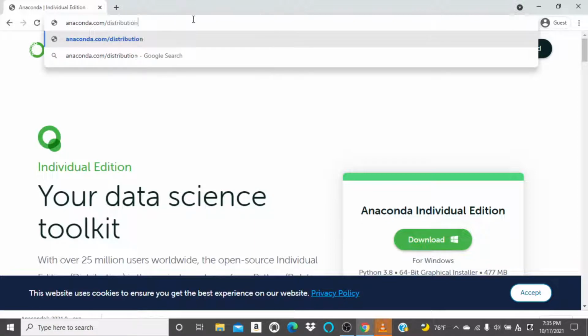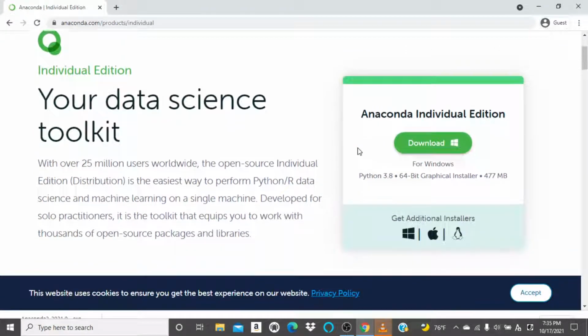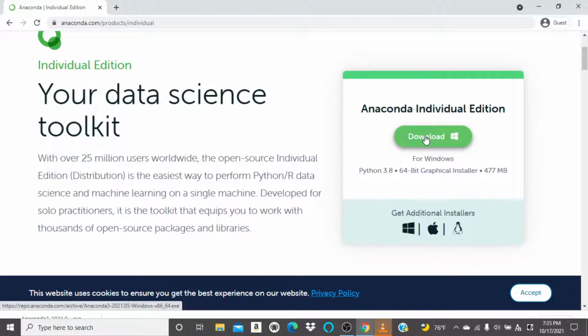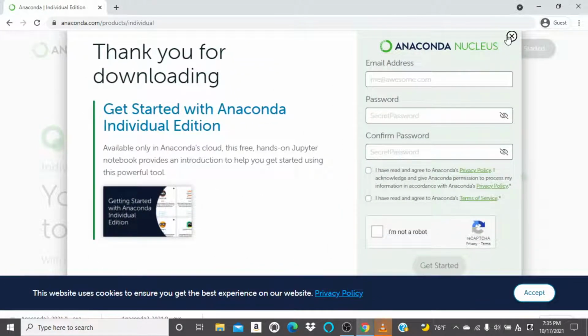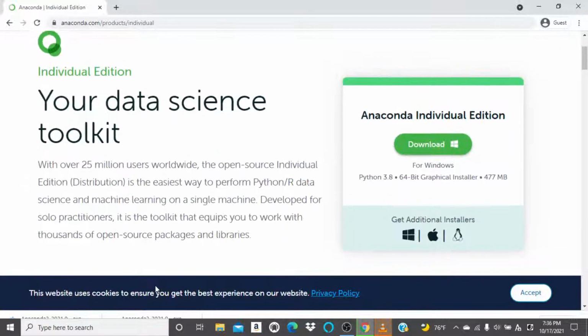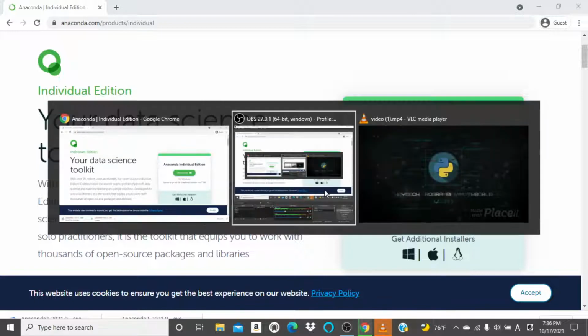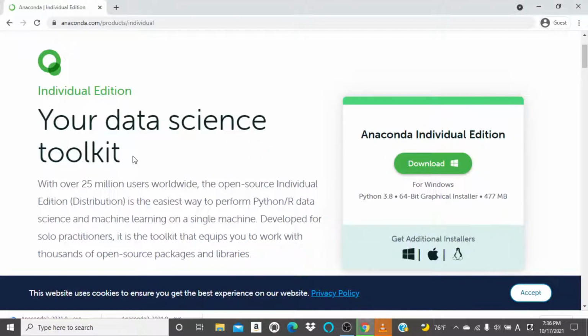anaconda.com/distribution and then press enter. It will redirect you to this page. You click on download. After clicking the download button, it will install Anaconda for you. So in order to do this, we're going to be opening up the file